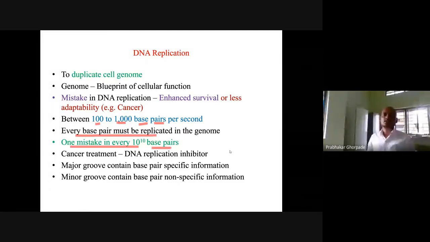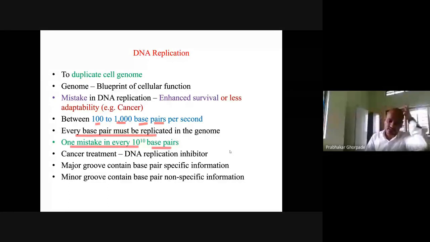Cancer treatment. Sometimes people want to exploit this phenomenon for treatment purposes. Many drugs are used in clinical medicine. For example, if a dog has cancer and you want to treat it, what will be the choice of treatment? In that case, you may resort to a DNA replication inhibitor. Once DNA replication is inhibited in a particular cancer cell, you may suppress the multiplicative power of these cells, and the cancer may get suppressed. So there is a treatment aspect also for these DNA replication events.